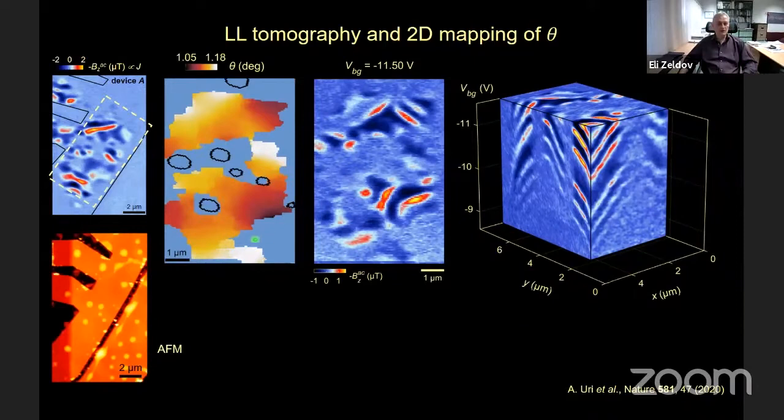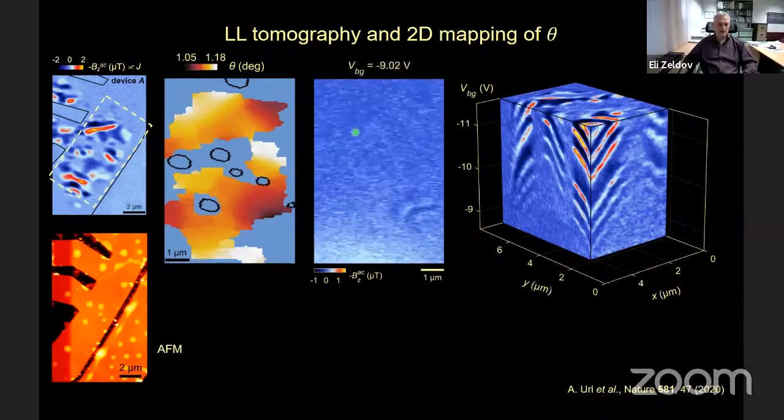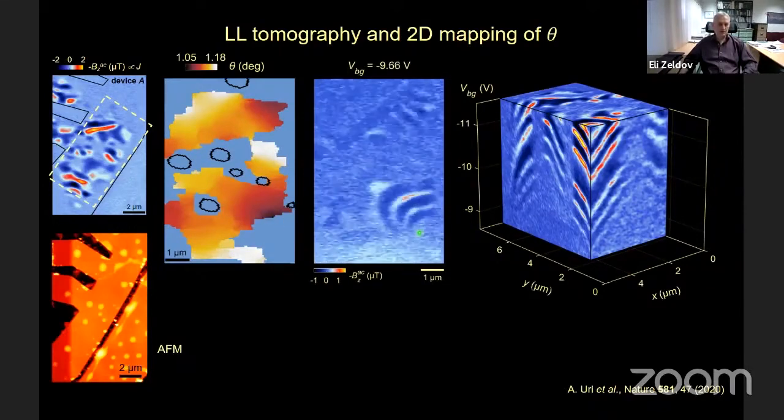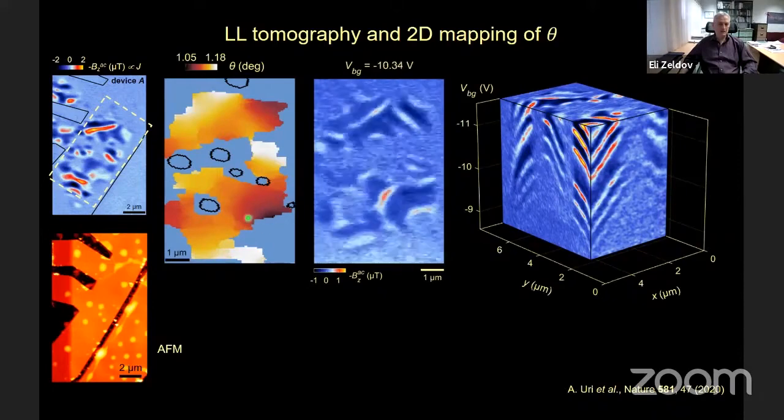But there are also quite a lot of areas where we do not see any features in AFM, and still no Landau level physics, either because of a high degree of disorder or because of a significantly larger or smaller twist angle. So this manifold, this landscape of twist angle, is actually a potential landscape for Landau levels because they start from the bottom of the band. So in this case, the Landau levels should originate at the lowest points of this landscape and move up. So now if we look at the movies again, we can trace Landau levels forming here and climbing this potential landscape, forming these